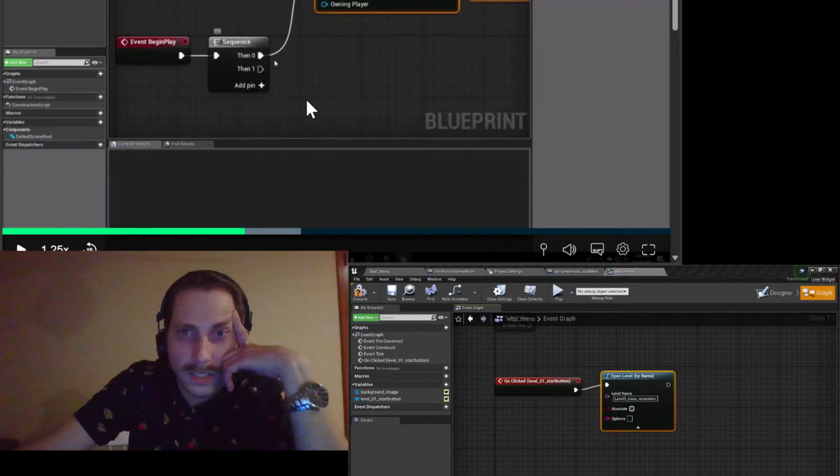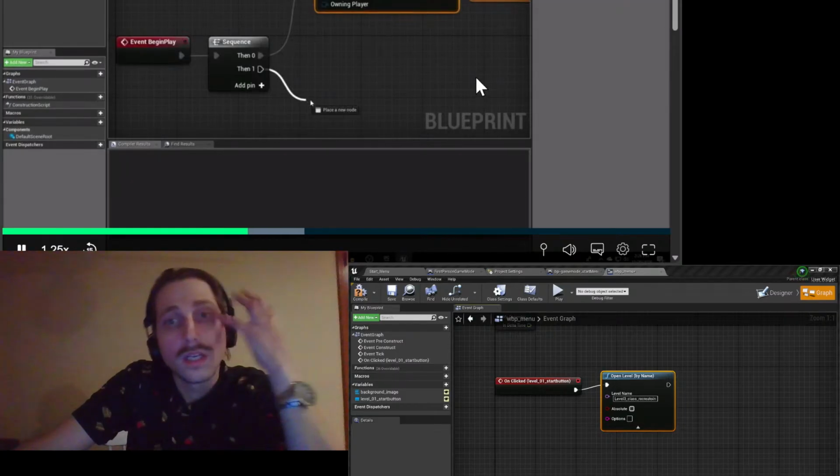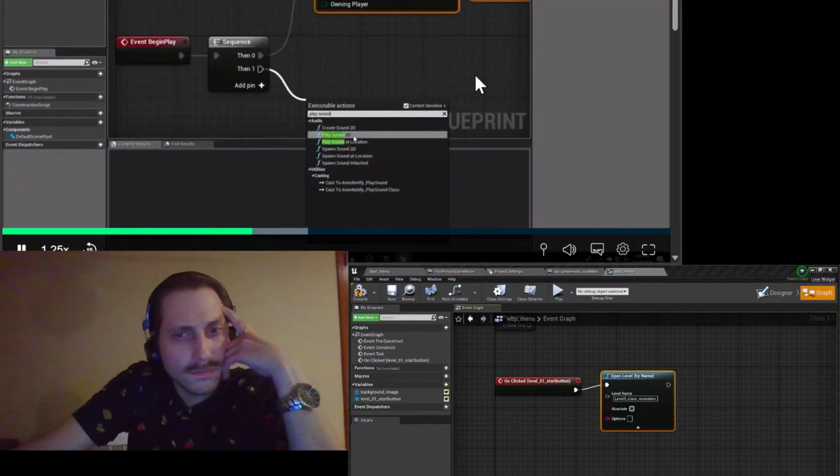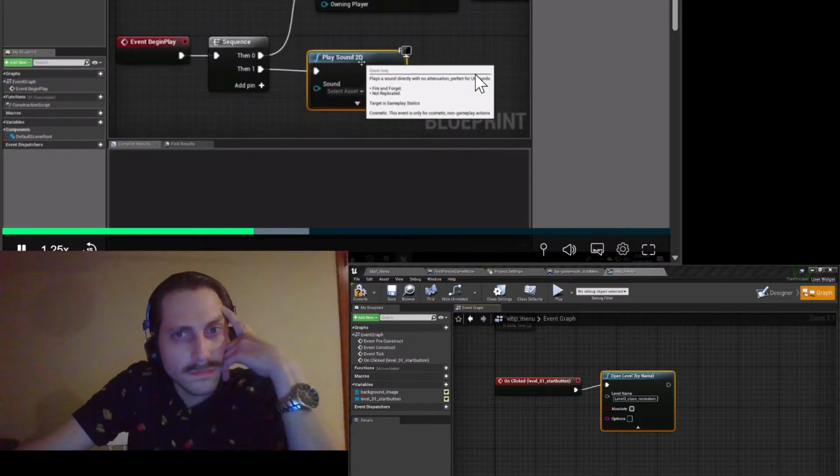Create WBP. Okay, create WBP start menu widget. Okay. Off of this then one pin. Let's search for a play sound 2D. And here I'm going to slot in